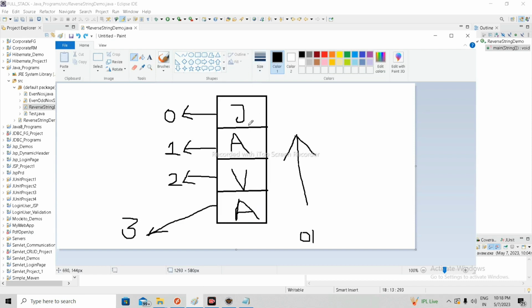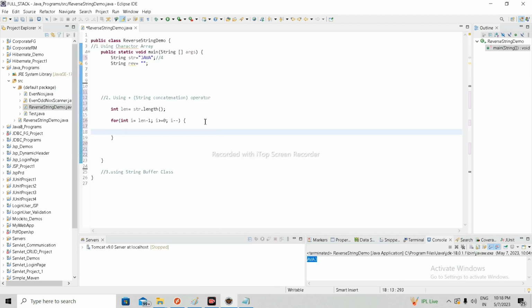This is the Java string, stored like J-A-V-A, so we need to iterate from the bottom to the top. That's why I'm using the length with decrement. Index always starts from 0, so here I am taking length minus 1 and then checking the condition.